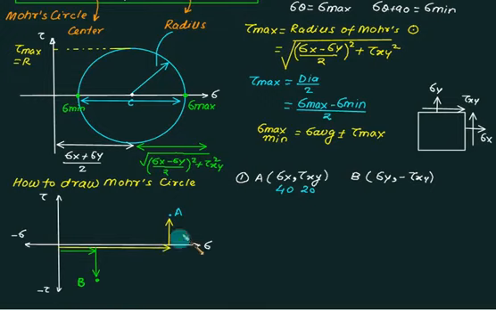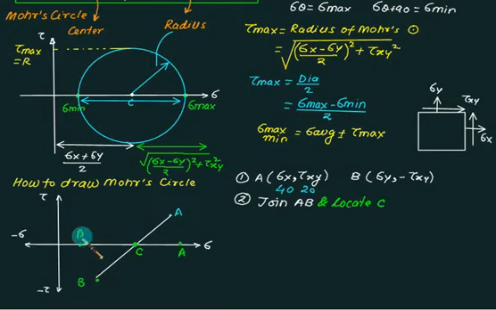So you join AB, that is step number 2. Join AB and obtain the point C, that is the intersection of AB with the sigma axis. So C is naturally the midpoint of it. If A and B both lie on the sigma axis, then we take C as the midpoint. So make a note of this: the intersection of AB with the sigma axis is the point C. And in case point A lies on the sigma axis and B also lies on the sigma axis, then you take C as the midpoint.